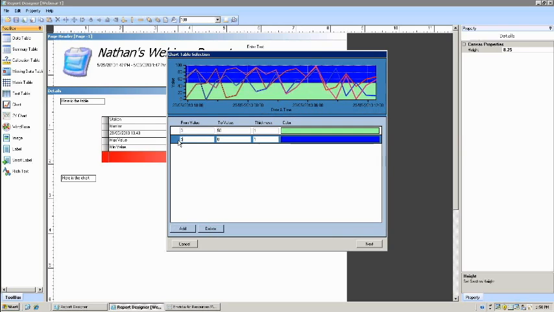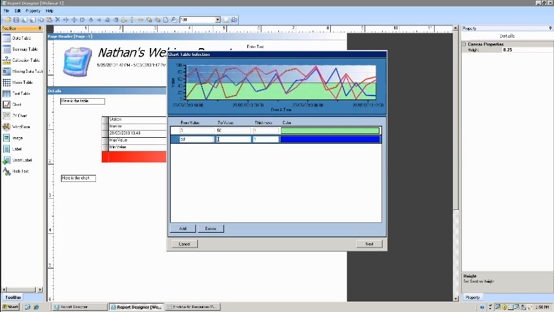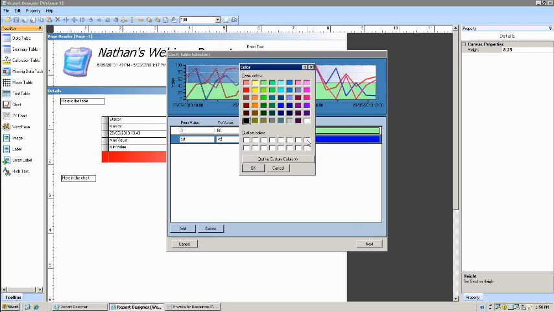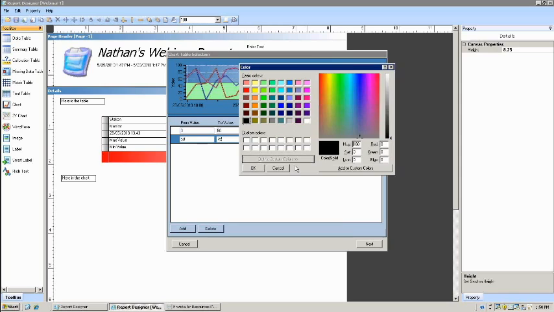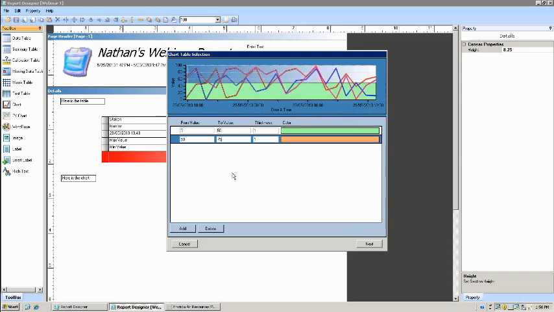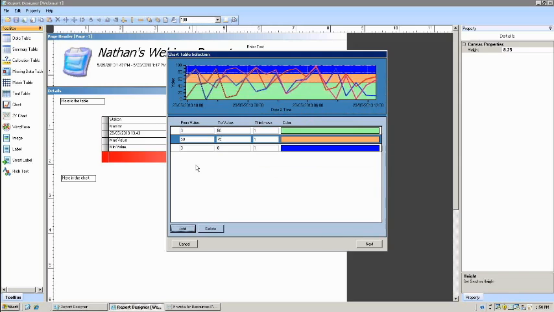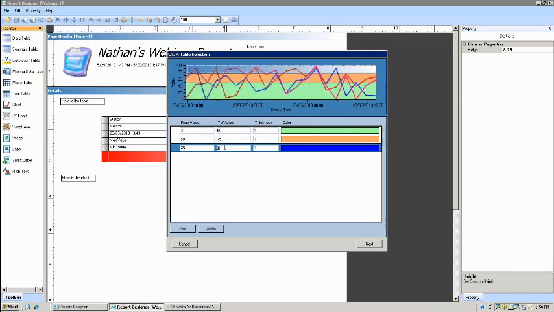We could add another line that would be 50 to 75. Of course, I'm keeping this pretty simple, so we'll make this an orange color. Add another color, 75, 100,